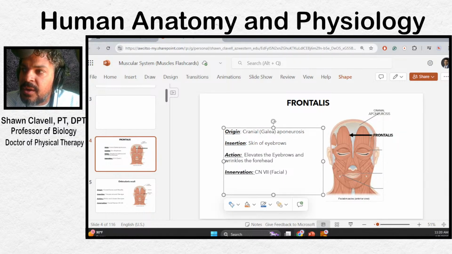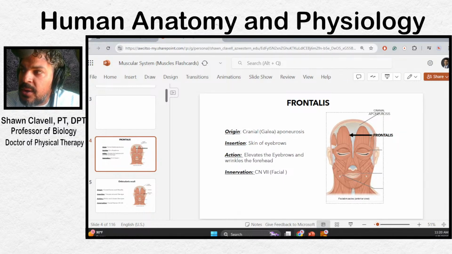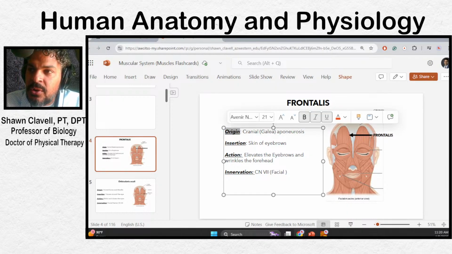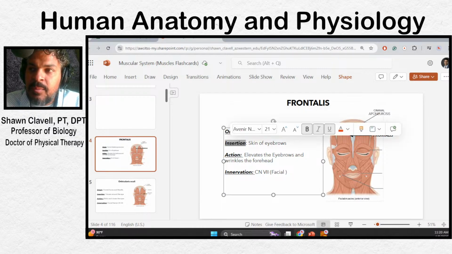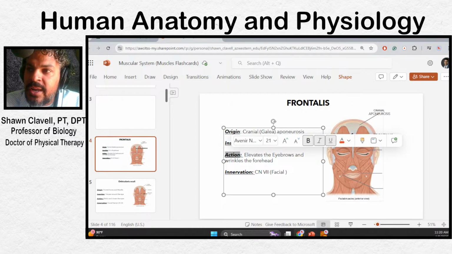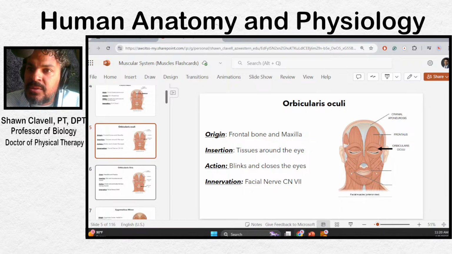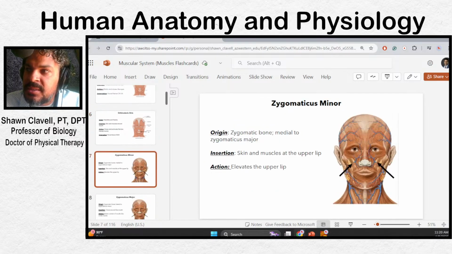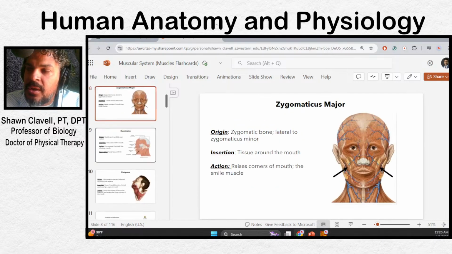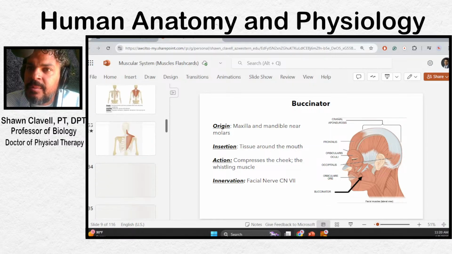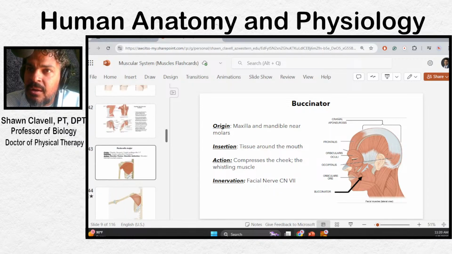So these are the different components that you'll be asked, right? Can you identify the muscle? What is the muscle here if I gave you a picture of it? What is the origin? Where does that muscle start? What is the insertion? Where does that muscle end? And as a result, what is the action of that muscle, right? And so you can see that as we go into this zygomaticus major and minor, the structures of the face. You'll continue on. Let me give you some related to the